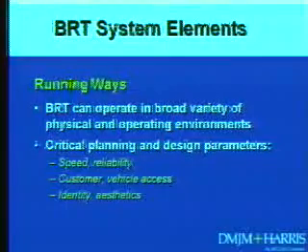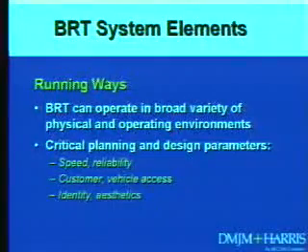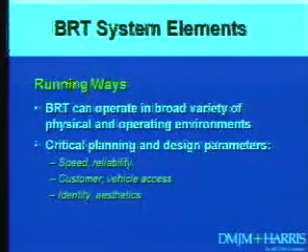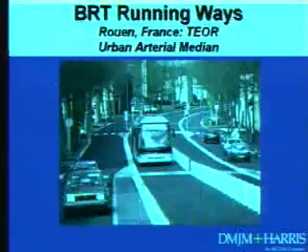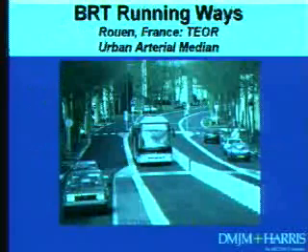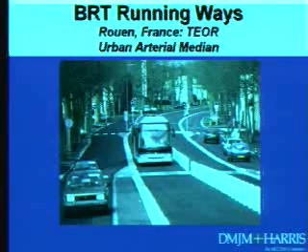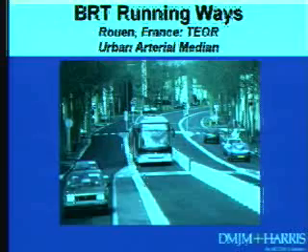The running way is probably the most important thing in regards to the speed and reliability of the bus rapid transit system. So we're looking for separated facilities whenever we can get them. Whenever we can get them, we'd like them to be separated. And if not, there's all these other treatments we'll look at, but we would like them to be separate. Here's an example of a running way in France again, where this one obviously has a lot of identity. I don't know if I would do that. I don't know if I'd want that in my neighborhood, but it's clearly that's where the bus goes.